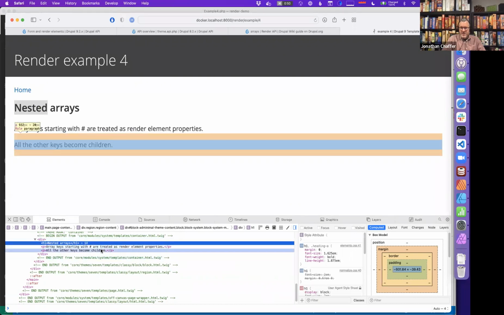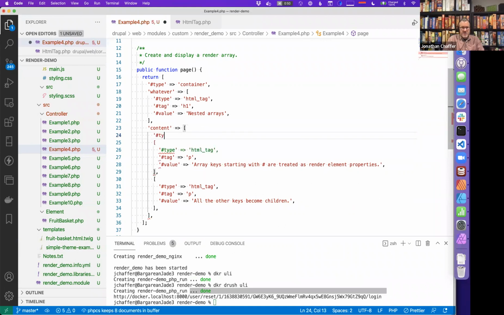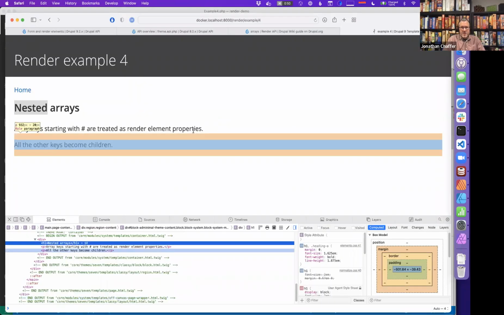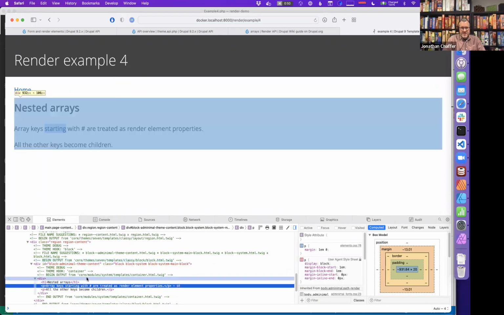There's no container around these two child elements because we didn't give this sub array any type that would do that. But if I change this to have type container and refresh this, now if we inspect this,